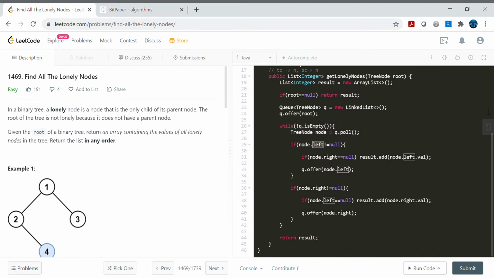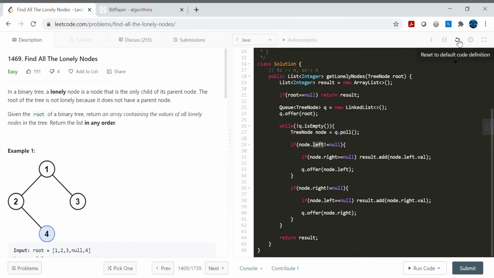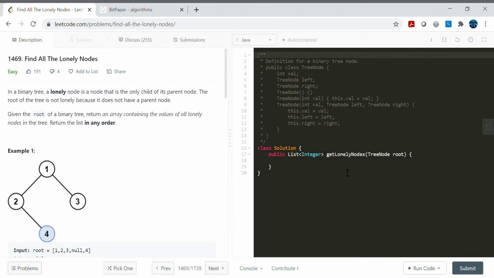Let's get rid of this code here. If I get rid of this code, I will still be creating the same output list, right? A new ArrayList here. And I will also be applying the same recursive template. What does that mean, recursive template? We explore the left child all the way to the left. We explore the right children all the way to the bottom, right? And then we apply this lonely logic. We don't know at this point what the logic will be, but let's start.